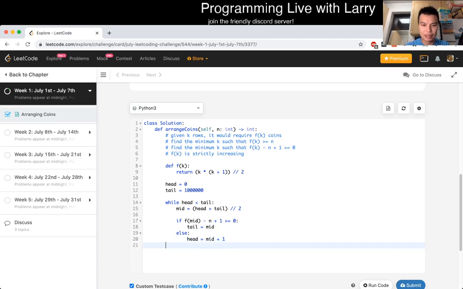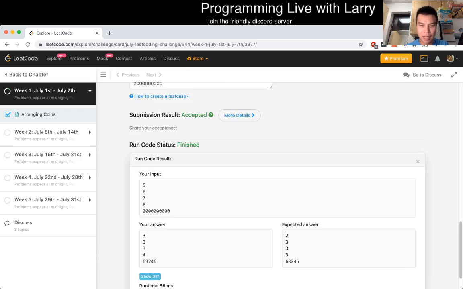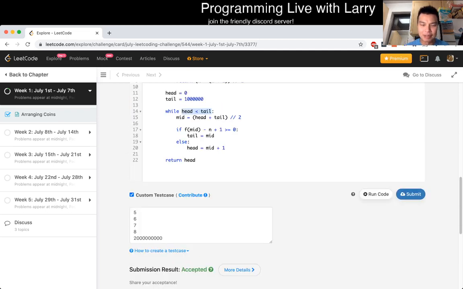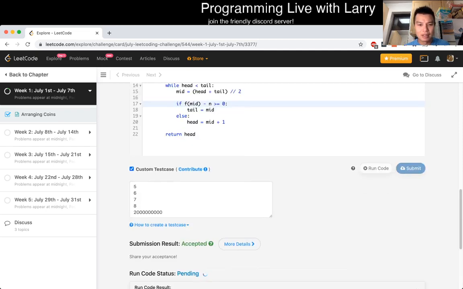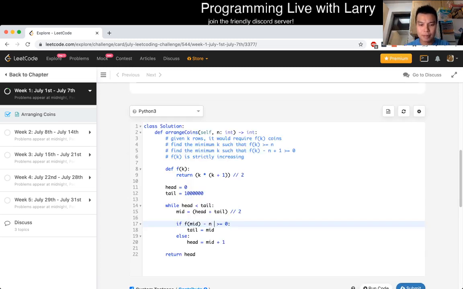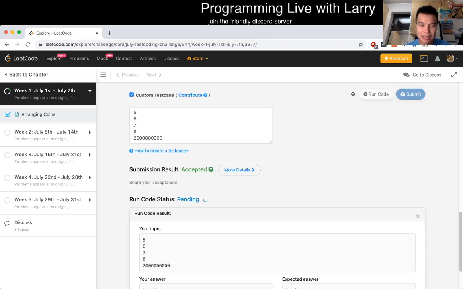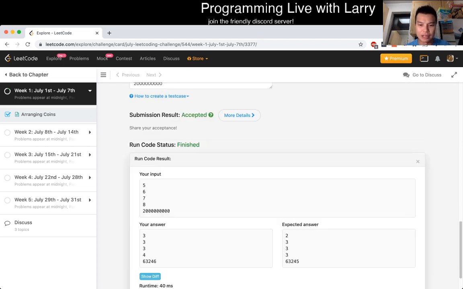And then at the end, I think we just need to return head, because head is equal to tail in this case. So it doesn't really matter which one you do. So yeah, of course there's an off by 1, so we have to be a little bit careful. Let me think about this. So we do have an off by 1. I thought that this would be helpful enough, but this is why I always give myself the opportunity to practice